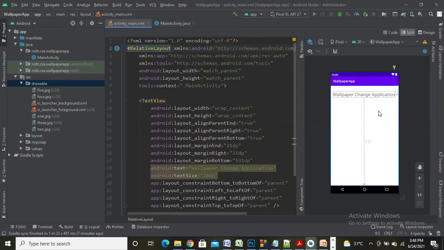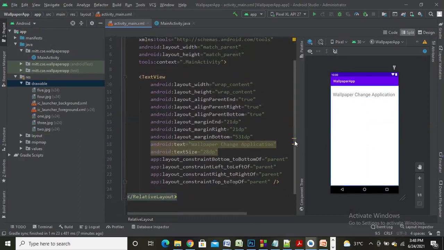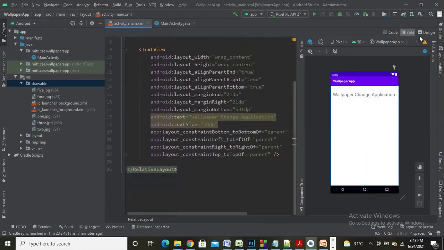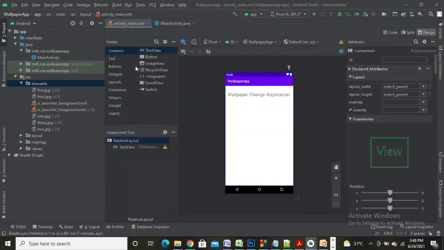Now after that, all that I need to do is to add a button in the user interface. So go to the design mode. So under the palettes, select buttons, drag the button and drop it onto the screen. Because of relative layout, the button will be present at the top left corner.